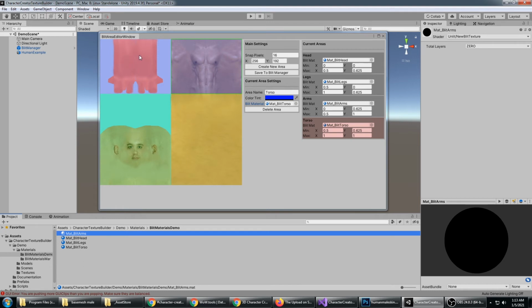But typically on the arms, you're going to have a shirt layer, probably a glove layer, and maybe a wrist bracer slot. But for this tutorial, we've got to keep things short and simple. We do have the torso defined,